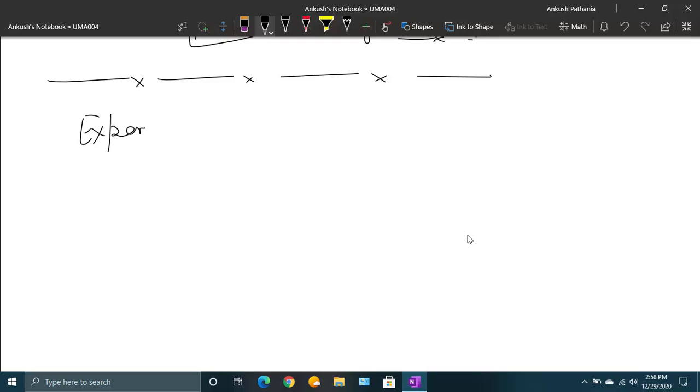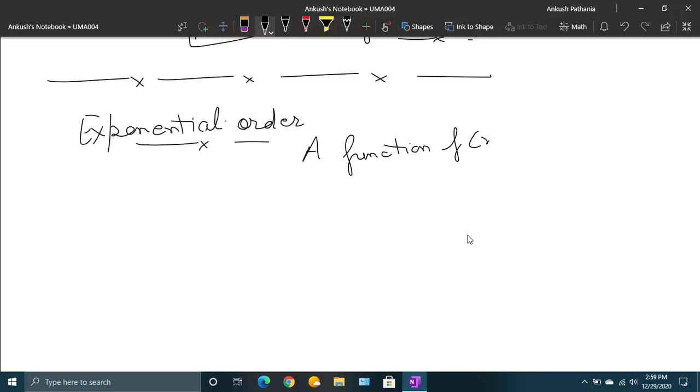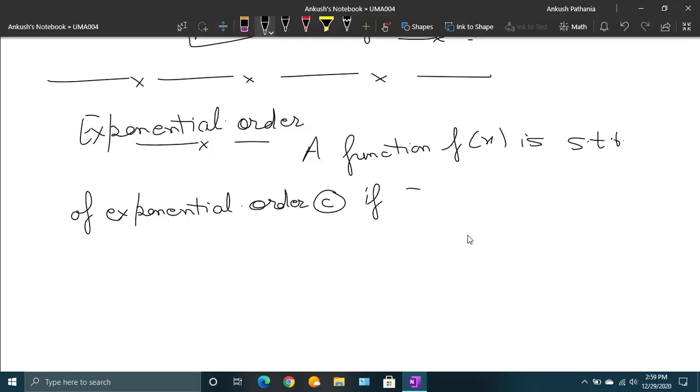The second term that we will be using here is exponential order. So what is exponential order? A function f(x) is said to be of exponential order c if there exists a constant M greater than 0 and a real number x1,